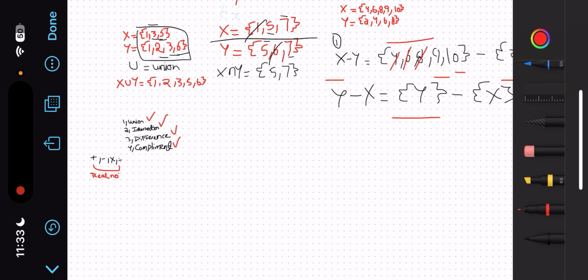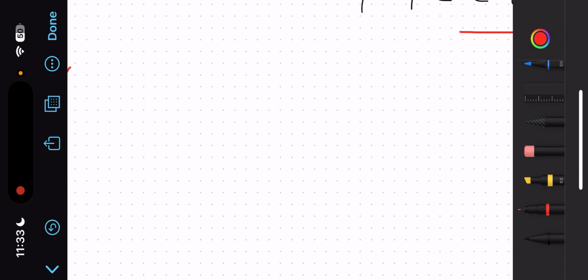In the previous video we haven't covered the power set, so I'm telling you what a power set is. The set of all subsets. What are subsets? I've told you before. If we make a complete set that is full of the subsets of a set, that is known as the power set.